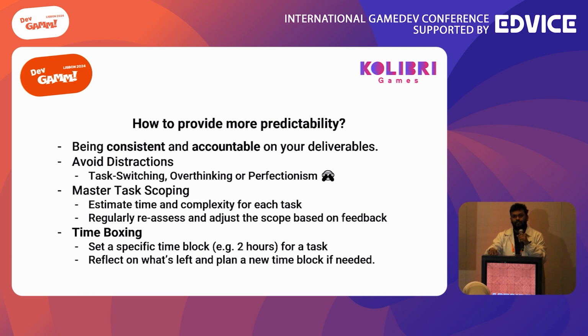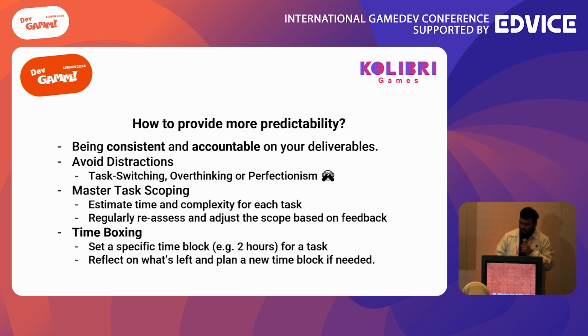Spend 2 hours, 3 hours, let's say: okay, I'm going to have a coffee, warm up, and do this for the next 2 hours, and let's see. Once you're done, or if you need more time, get some fresh air. If you don't smoke, just walk a little bit, and then sit down again, time box that: okay, next 3 hours I'm going to do this. Now what happens is that you're more consistent, and you also have accountability, and you're better predictable.